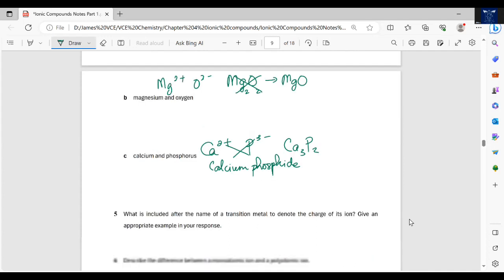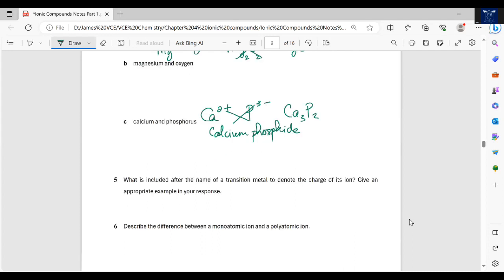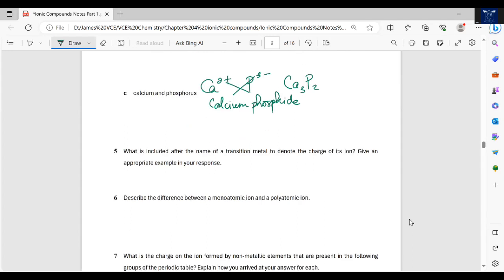Okay, what is included after the name of a transition metal to denote the charge of the ion? It's basically a Roman numeral representing the charge. So we use a Roman numeral, 1, 2, or 3, to represent the charge of